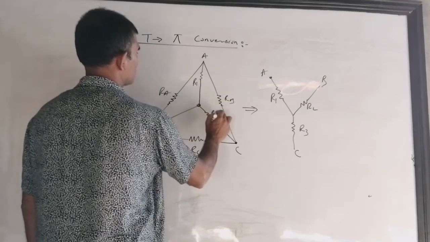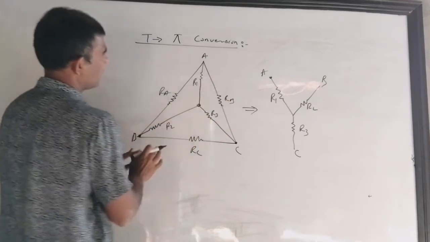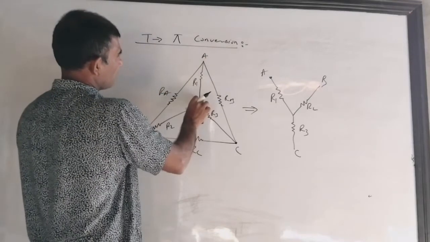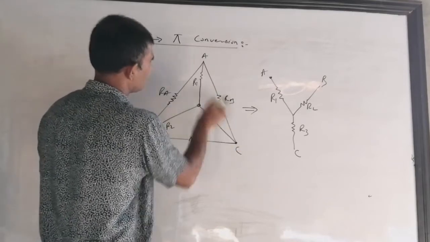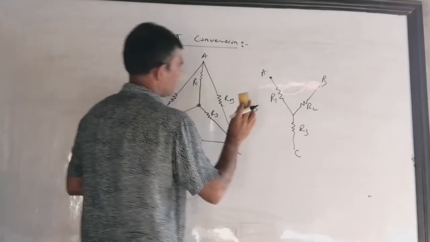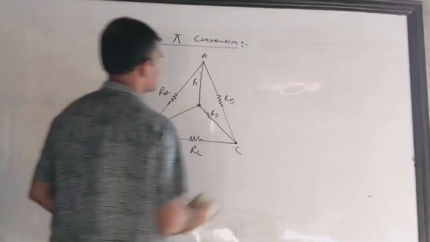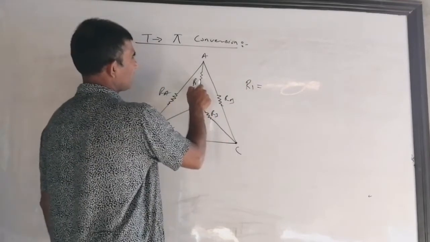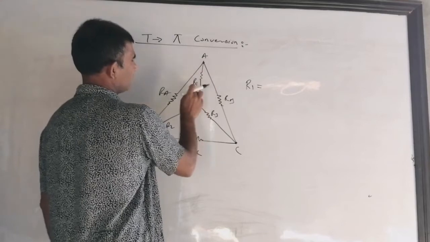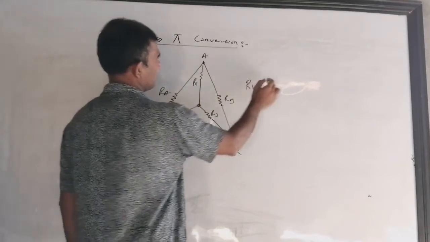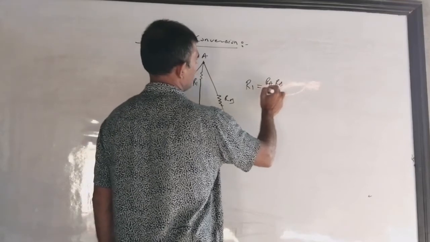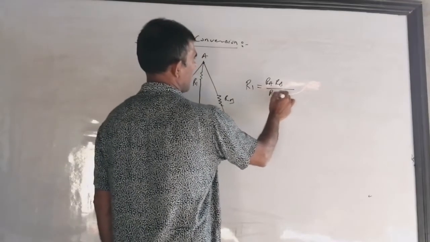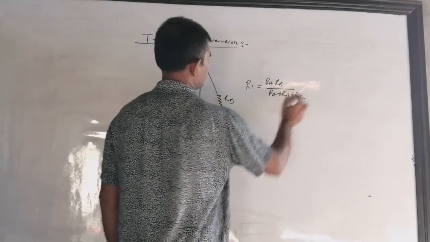R1, R2, R3, I can suppose. You don't need to remember where to write R1 or where to write R2. Just see the triangle, take one point and connect its three vertices with the three resistances. See how you can remember this trick. If you have to find the value of R1, check this: what resistances are connected with R1 on left and right? So I think RA and RB. So this is RA, RB, and now divide by the sum of all the resistances in the triangle, that is RA, RB, and RC.